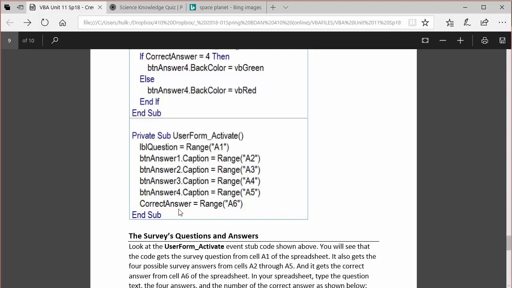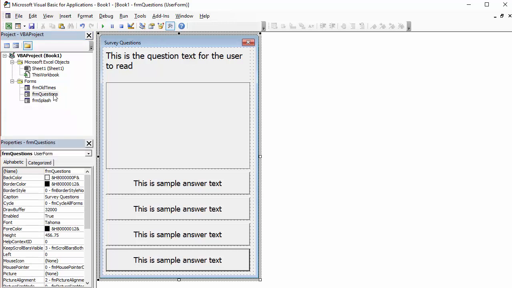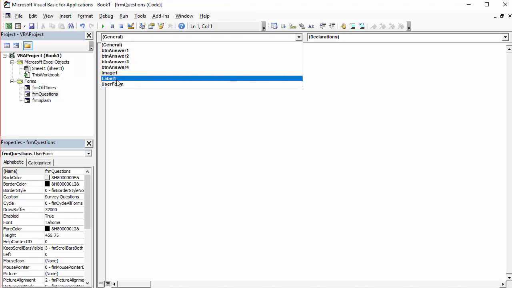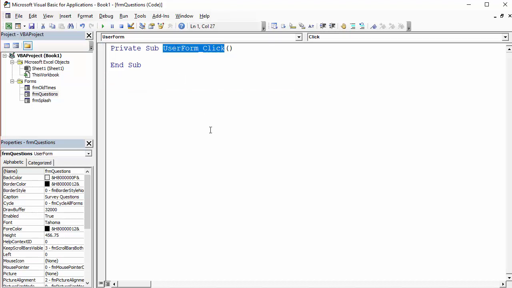Now I don't type user form activate. What you do is back in the window here for the survey questions code. So make sure I have the right survey selected, right? I can go to view the code, and there's no code here currently. But I can say, for now it says user form. That's one thing that I don't necessarily like, that it doesn't change the name. It always says user form. The reason for that, actually I know why they do that, because at one point, if this was like we did the buttons where it came out whatever button I named, user form 1, and then I changed the name